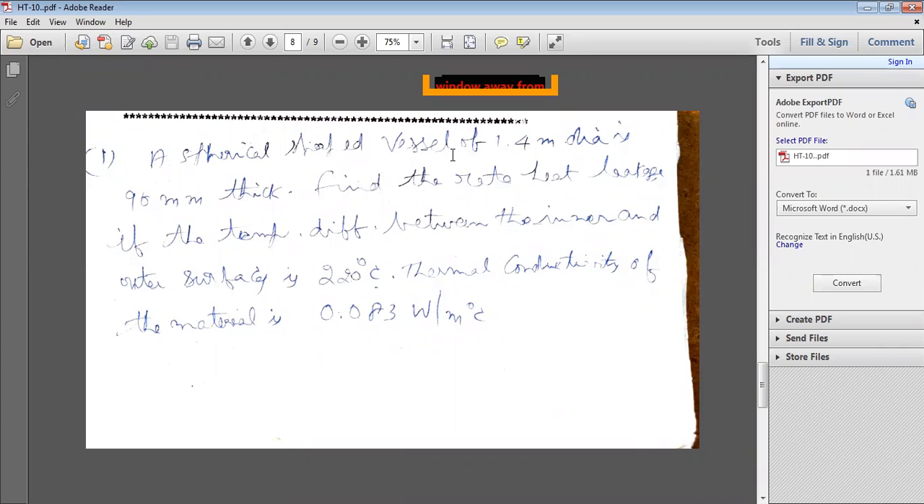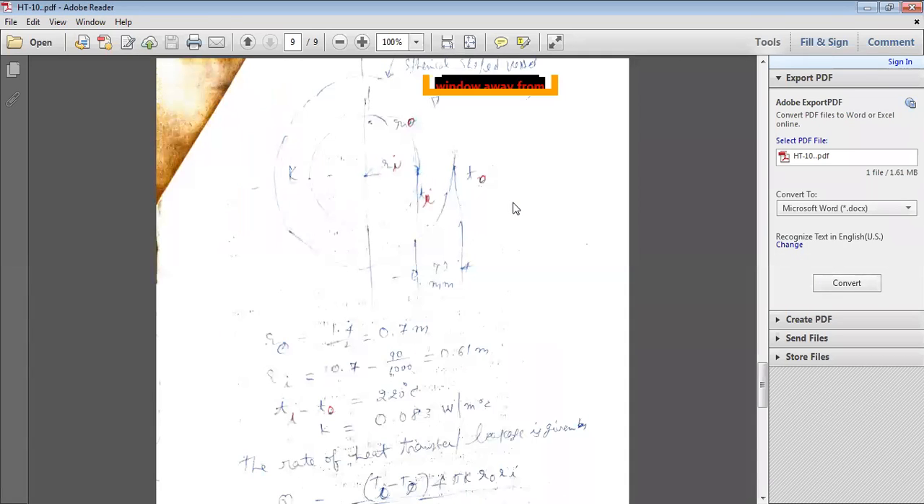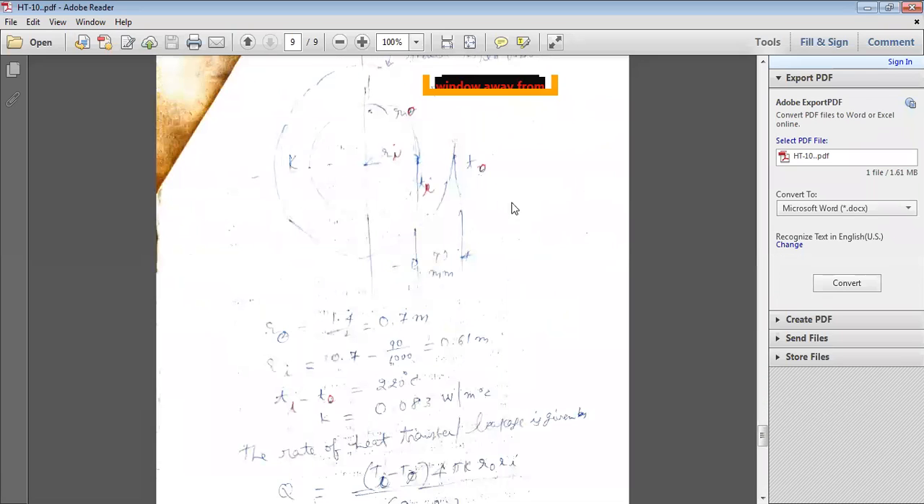And a spherical vessel of 1.4 meter diameter is 90 mm thick. And the thermal conductivity of the material is 0.083 watt per meter Kelvin. Okay? Now, here you take the outside radius, because the radius of the sphere is given. Radius means that is generally